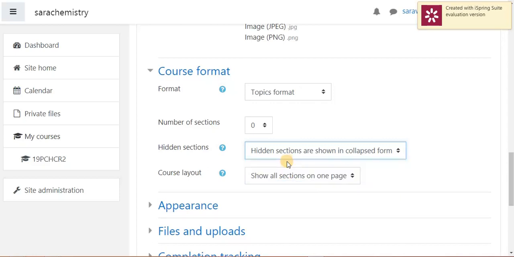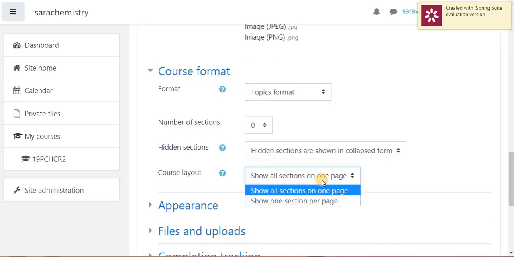In collapsed form, it is usually grey in color to indicate where the hidden section is, even though the students cannot see the hidden activities. In course layout, I am giving show all sections on one page so that you can scroll down and see the contents in the same page.